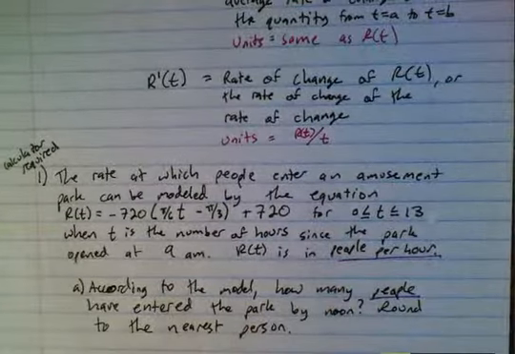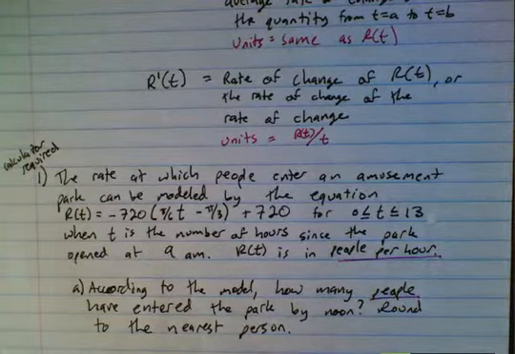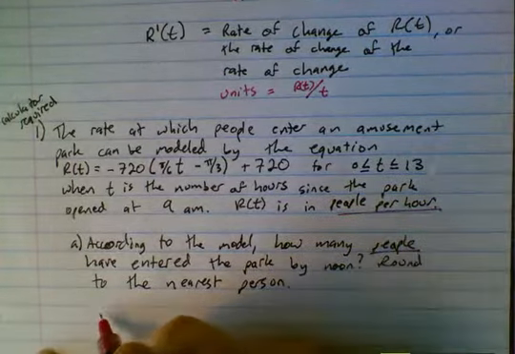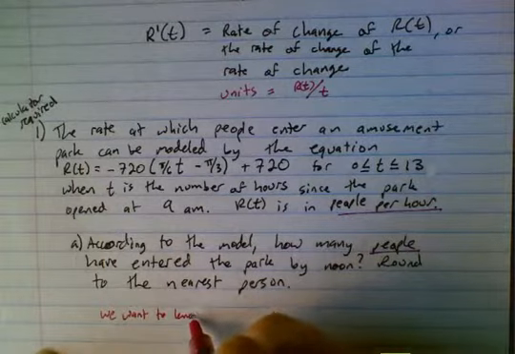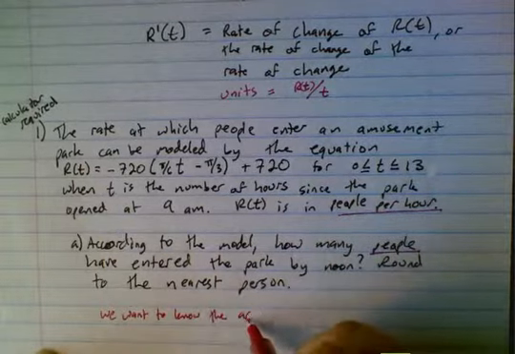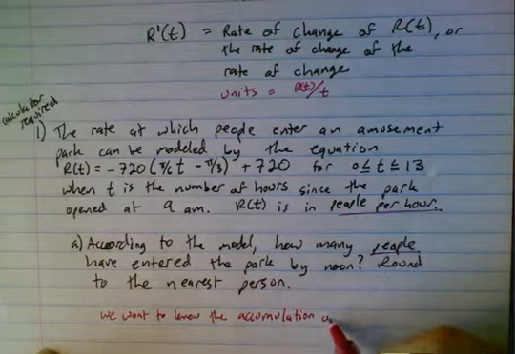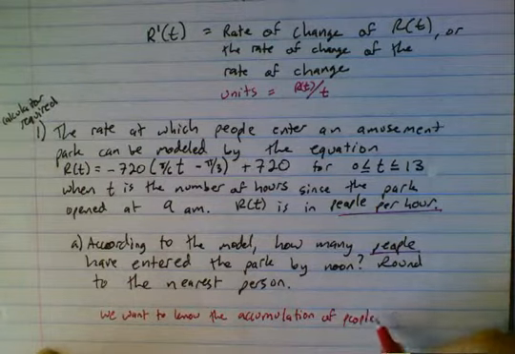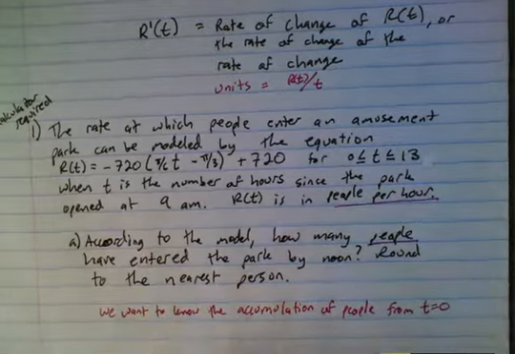And that's a pretty good indicator that we're going to be talking about accumulation, that we're going to be talking about the integral. So we want to know the accumulation of people from t equals 0 when the park opens